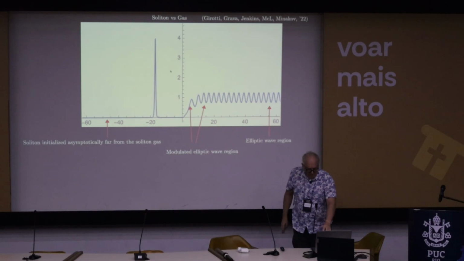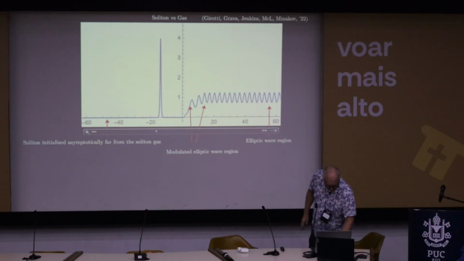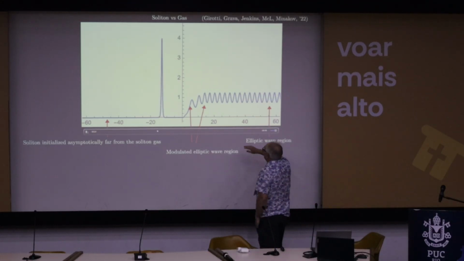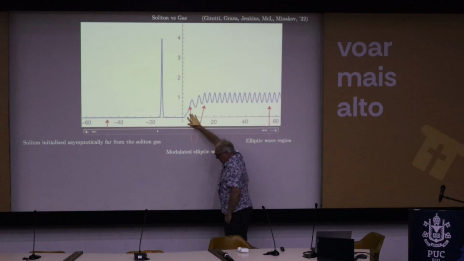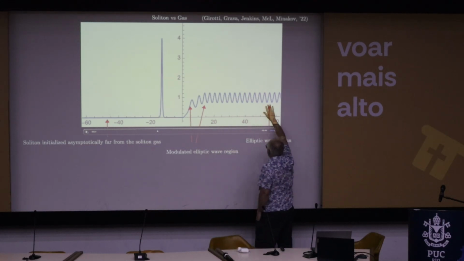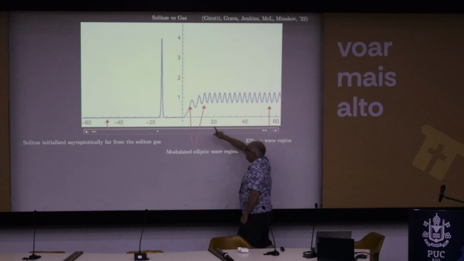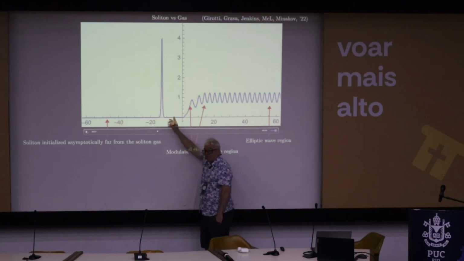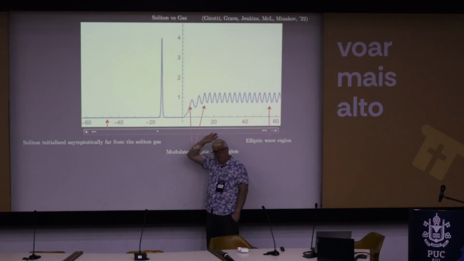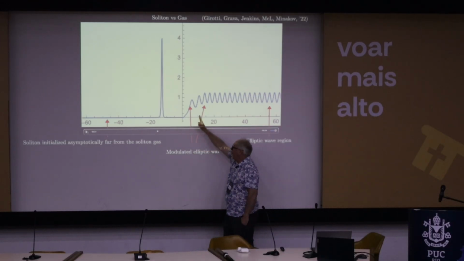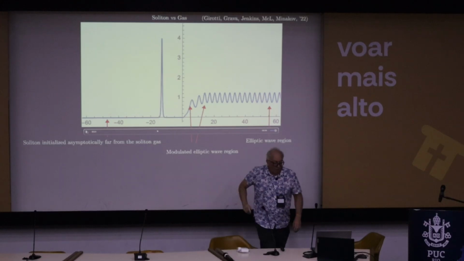And as time is evolving, what is happening is the gas is forming a kind of modulated elliptic wave here, a fixed conoidal wave out here, and the soliton, as it is moving now, it's got fixed velocity. Okay, the velocity of the soliton propagating in a vacuum is constant, but once it starts to interact, its velocity is actually going to change rather dramatically. It's going to become very oscillatory because it's going to interact with this gas. Okay, so we can watch it happening.